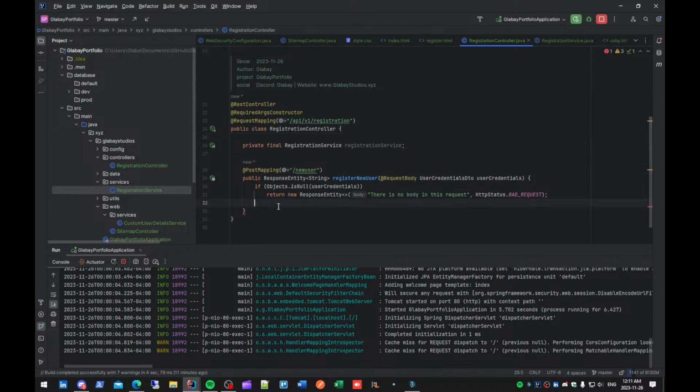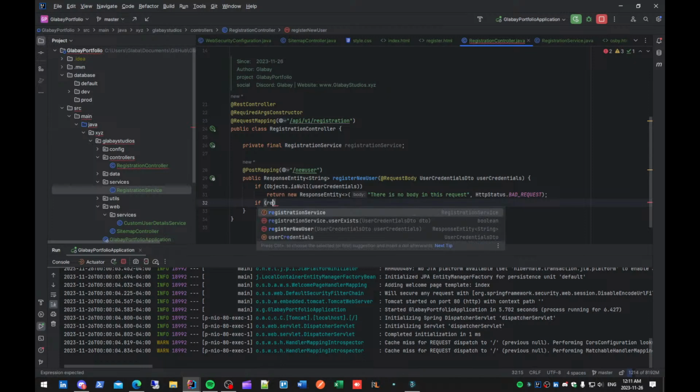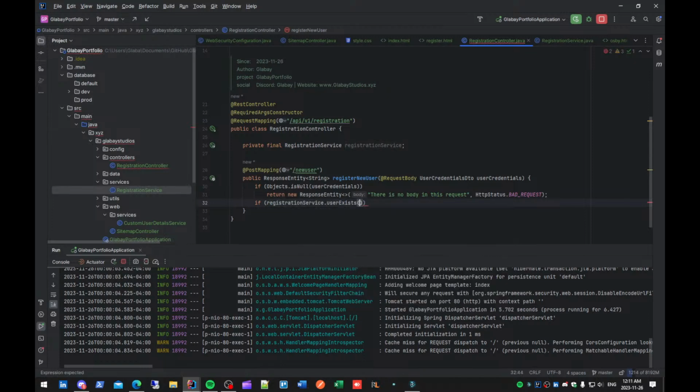So now we're looking to come into here and see if registrationService.userExists, user credentials, now we're looking to return